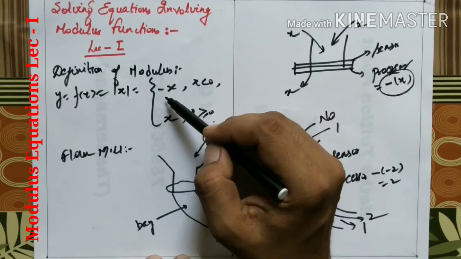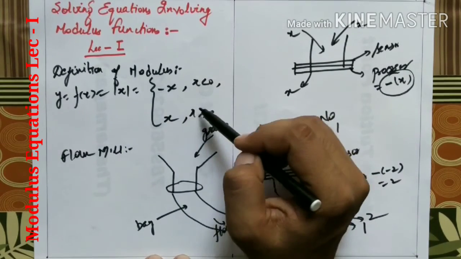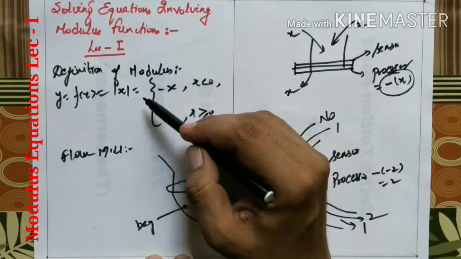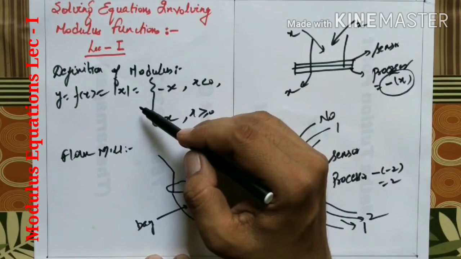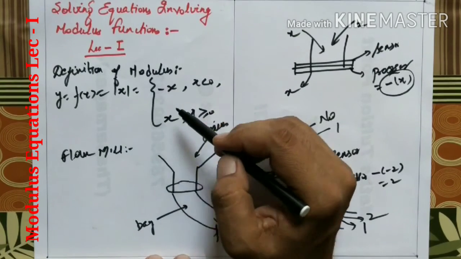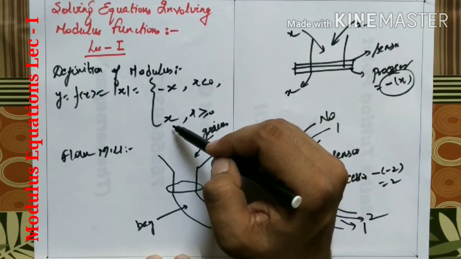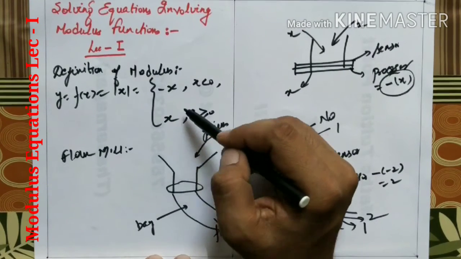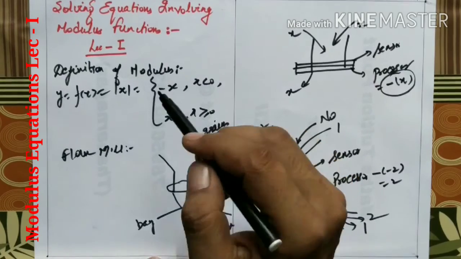So minus x in this interval is a positive number in itself. Similarly, x is greater than or equal to 0. You have inputted x in the machine. The sensor checks the sign. The answer comes out to be x, if x is 0 or greater than 0. So x comes out as it is without multiplying with the minus sign, because it is a positive number in itself. So this is the concept of modulus.